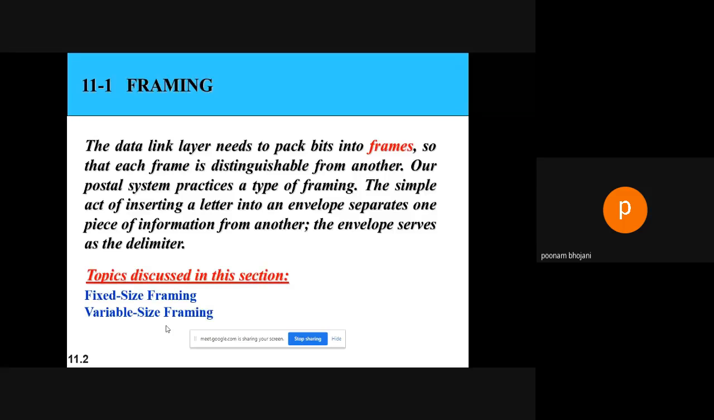If I am talking about variable size framing, then obviously the name itself says the size can be different for different frames according to the data. For example, in a local area network, whenever you send any file, the size of the file can be different for different frames. So in variable size framing, we need a way to define the start and stop bit of the frame, because